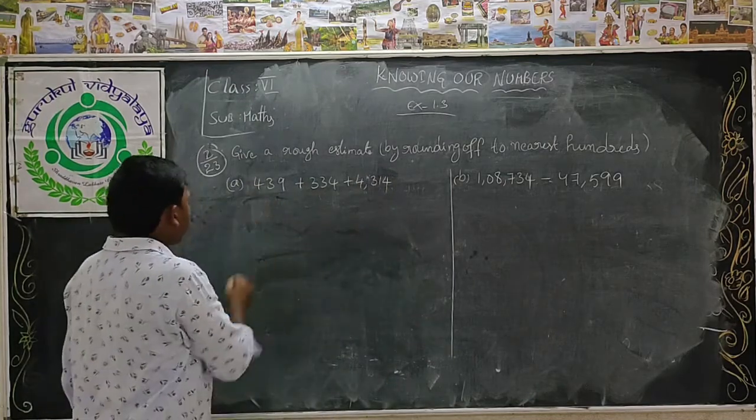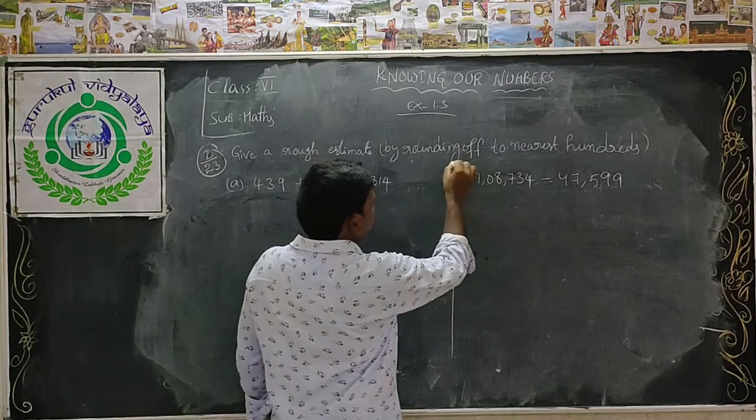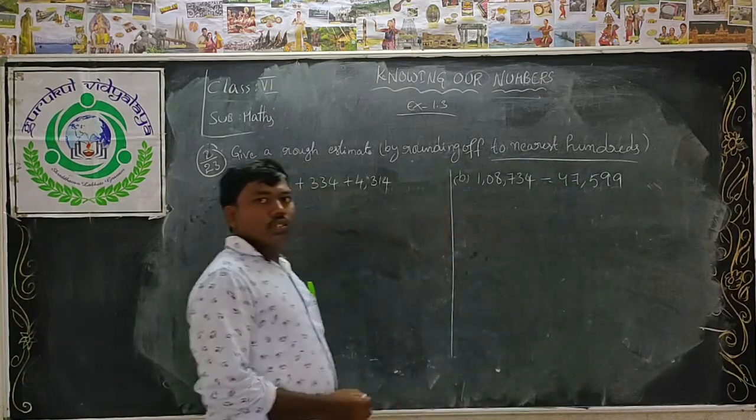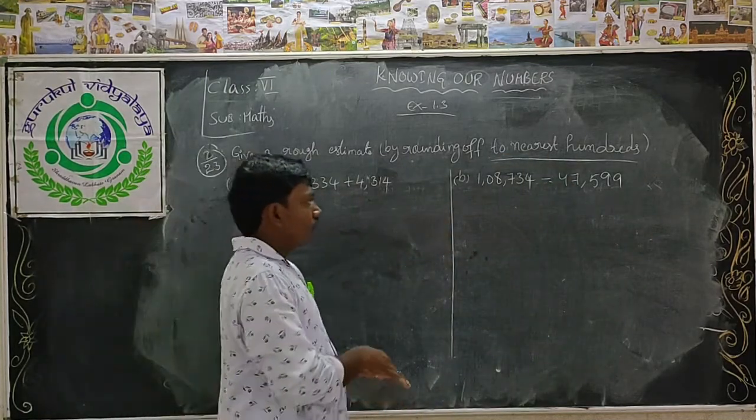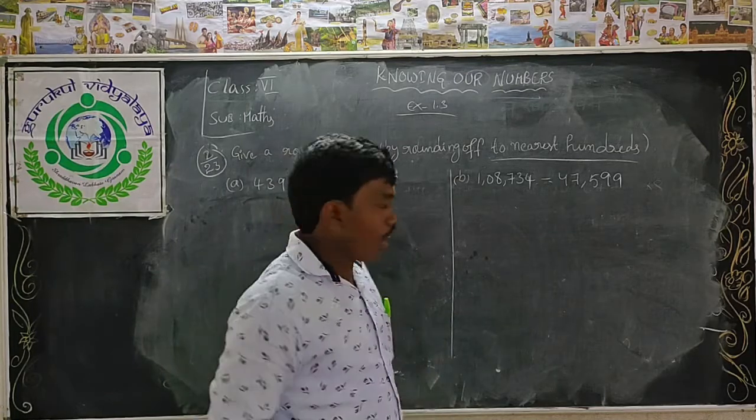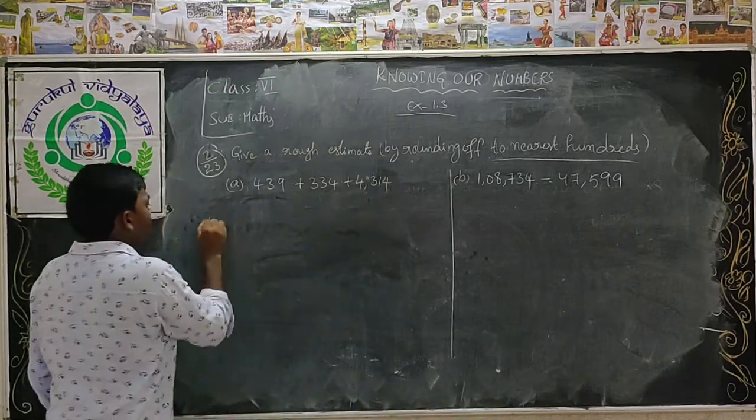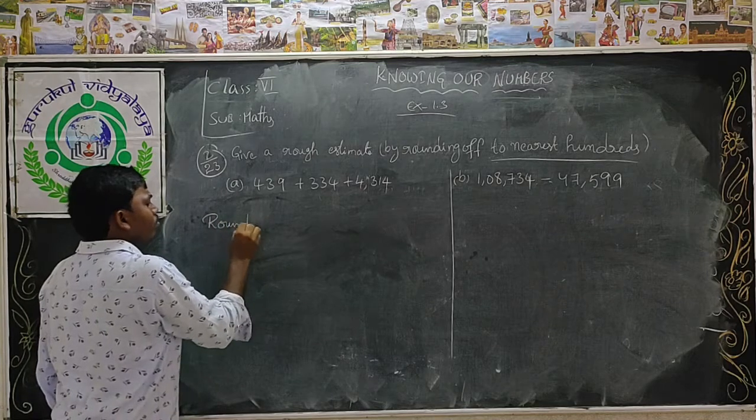This is 4314. So the first one, rounding off to the hundreds. This is directly given, nearest to hundreds. No need for the general rule. Nearest to 100 means we are rounding off to the 100 place values. The first one, see the children, rounding off